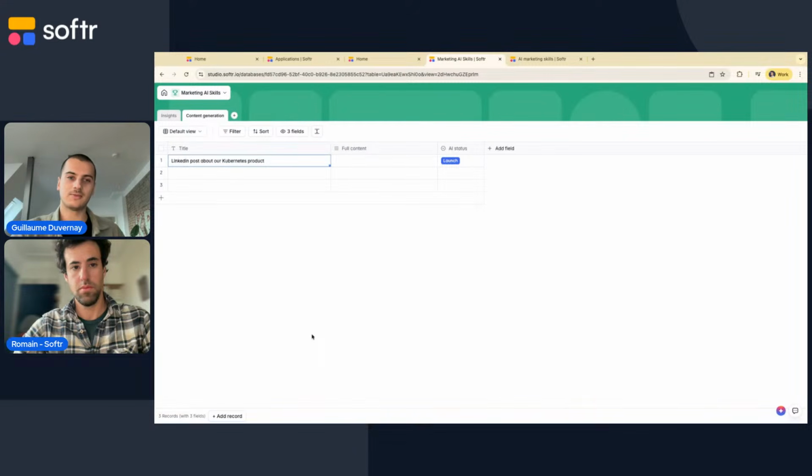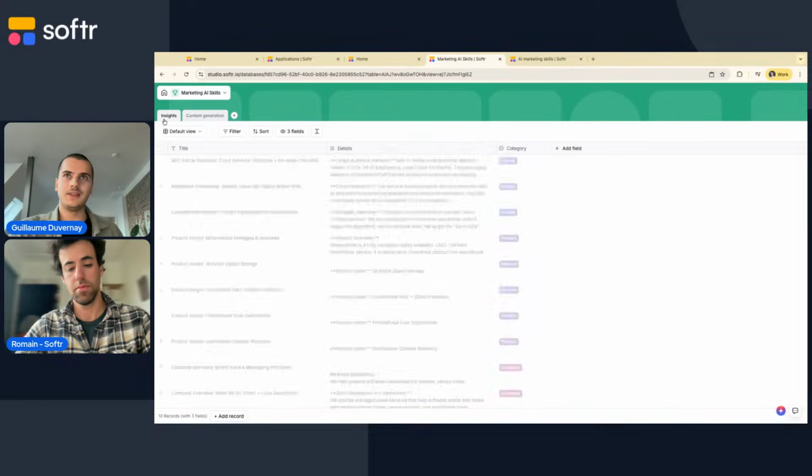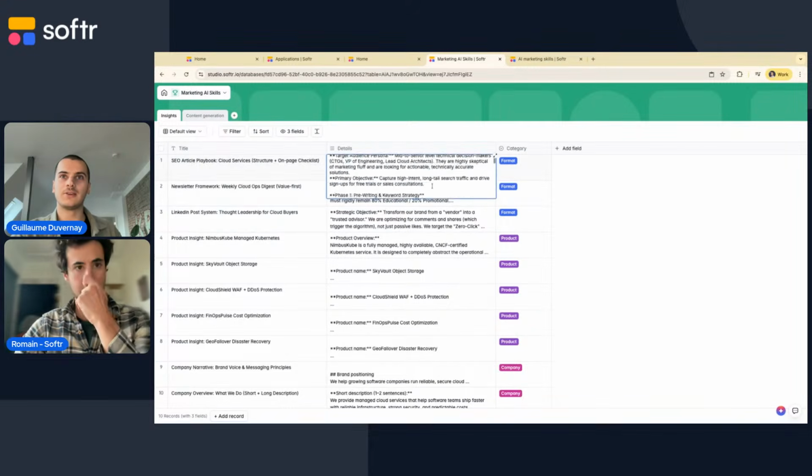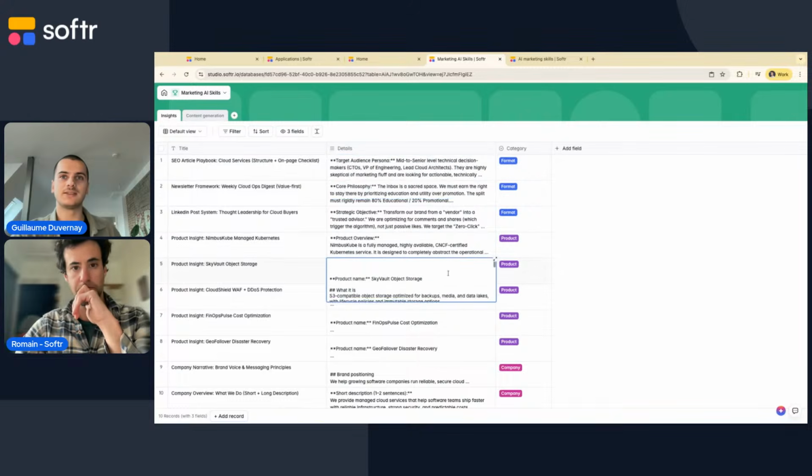Does that make sense for now in terms of the task for the optimal use of AI? I then built a workflow. I was like, okay, how can we build that in Softr, to have an AI that selects the best insights to use without giving to an AI the full detail of every single insight to avoid being inefficient.